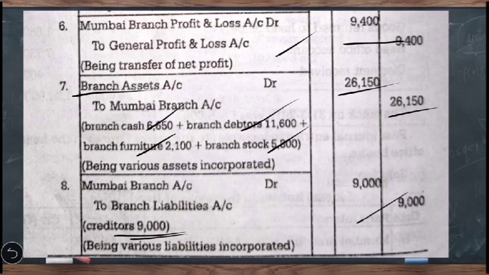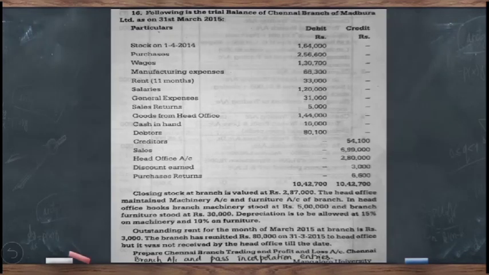Then let us take up the second question. This is the second question which we are discussing now. This question was asked for 24 marks. Let us see what the information given in the question is. Following is the trial balance of Chennai branch of Madura Limited as on 31st March 2015. In the trial balance they have given stock on 1/4/2014, that is, opening stock 1,64,000, purchases, then wages, manufacturing expenses, rent, in the bracket it is given, paid only for 11 months, then salaries, general expenses, sales returns